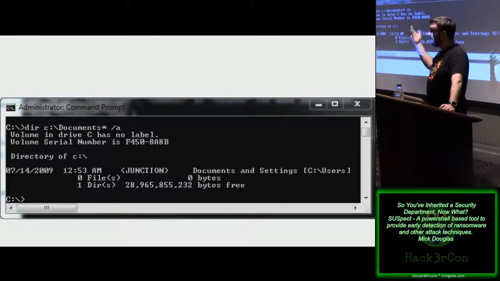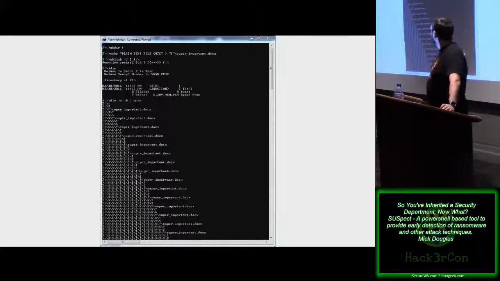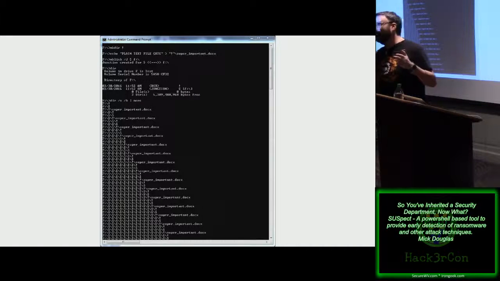So here's how this works in creating these junctions. You have this junction point like this, and then as soon as somebody tries to do a dir /s to enumerate your entire drive, which is how these systems work, right? CryptoLocker needs to know which files it's going to go against. They fall into this trap. And so all of a sudden they're just scanning, and it slows them down dramatically. It's lovely.